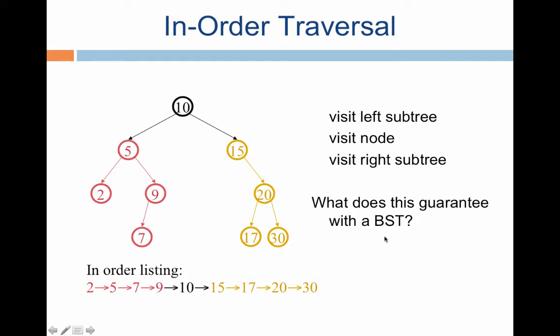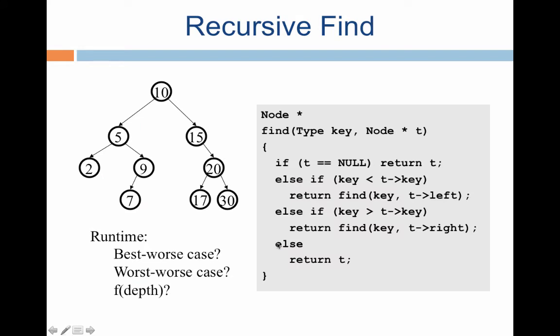So observe a nice property. It's worthwhile trying to implement this yourself and verify this on binary search trees. Check that the output of an in-order traversal of a binary search tree is always a listing in increasing order. This immediately tells you that the smallest key in a binary search tree is the leftmost node and the largest key is the rightmost node. We'll come to this in a minute. But before that, let us look at how to find whether a given key is present in a binary search tree or not.